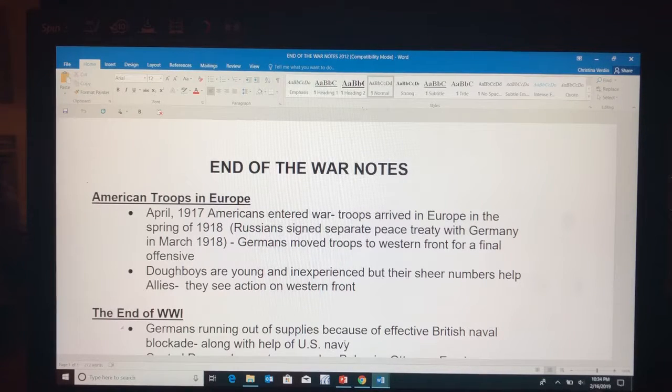When we look at why the U.S. gets involved, in 1914 they say that they're neutral. Wilson touts that. We are neutral, we are not going to get involved. But by 1917, there's things that have